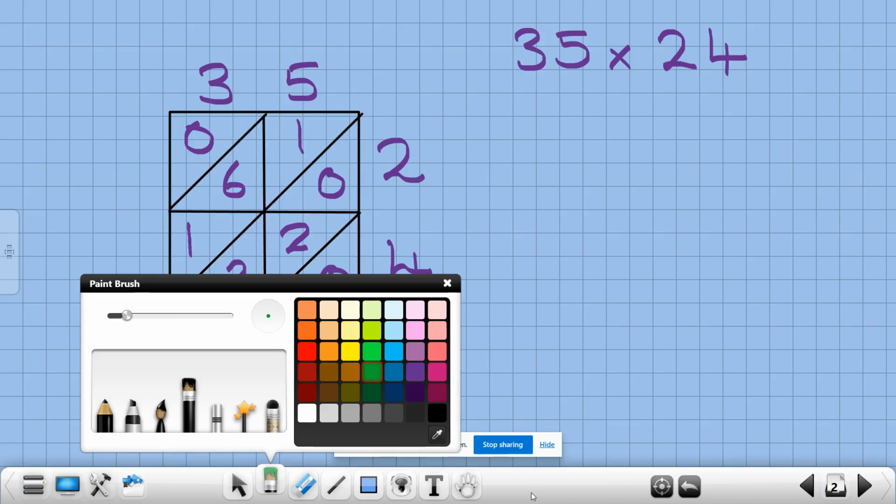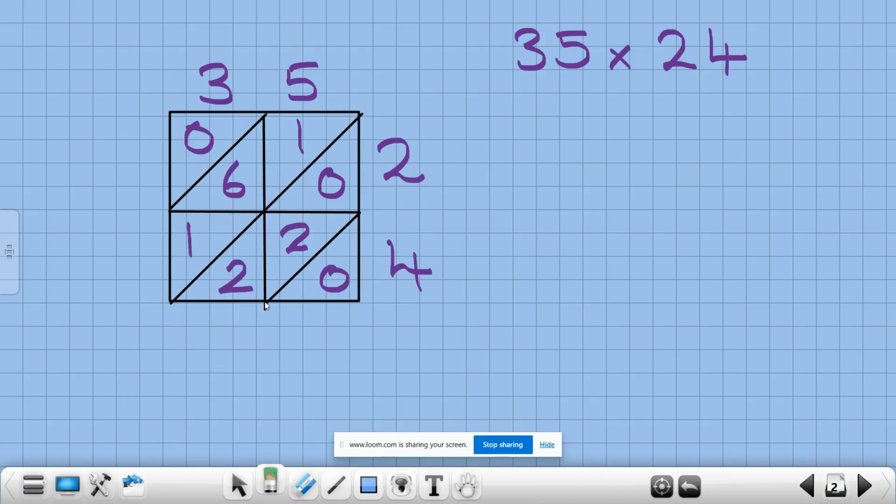Okay, let's change colour and work out what the answer will be. So here's our first diagonal, and below it we have 0. I'm going to colour in that diagonal, and within these two we have 2, 2 and 0, so that's 4. Here's our next diagonal, and we've got a 1, 6 and a 1. 6 plus 1 is 8. And once again, above it, we've got a 0. So our answer is